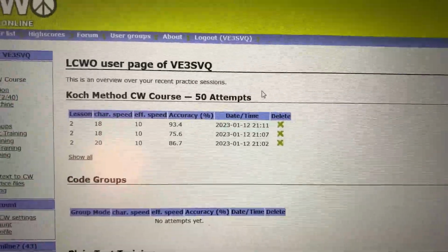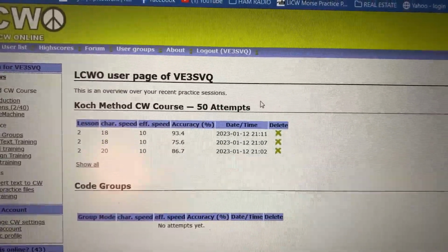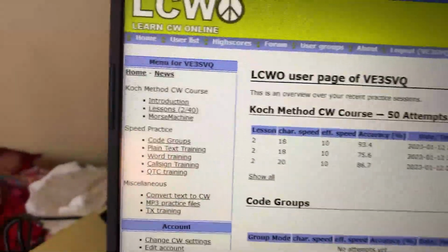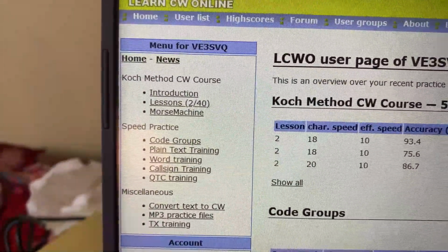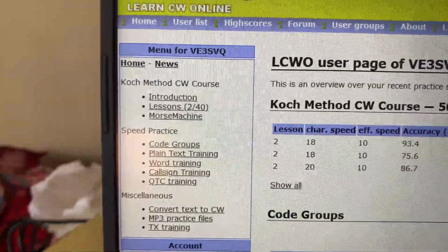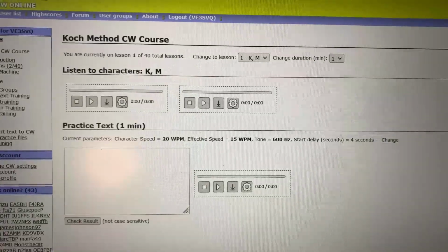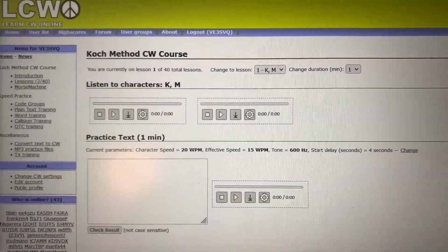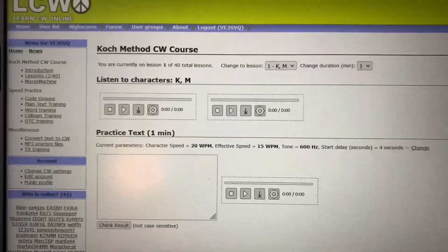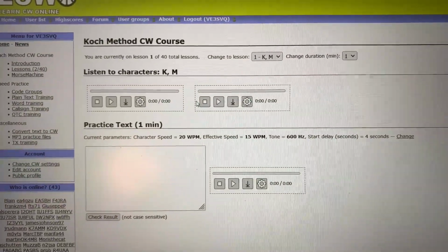So when you log into that one, what you're going to end up with is this. So this is your page. This is what it looks like when you come in, and then you're going to decide what lesson you're going to do. So if you're over here, introduction lessons number 2 to 40, that's your word. So all you got to do is just click on one of those lessons. Now this is being set for the 2015. And if you want to hear what the characters sound like,